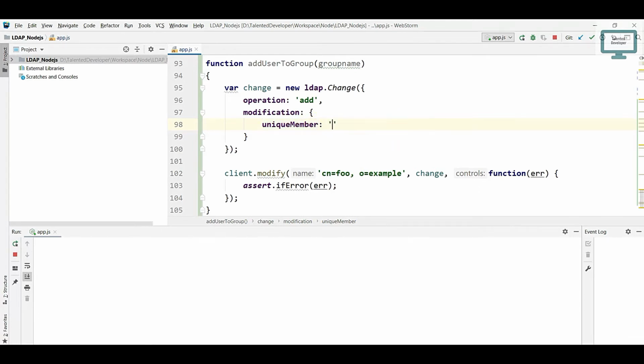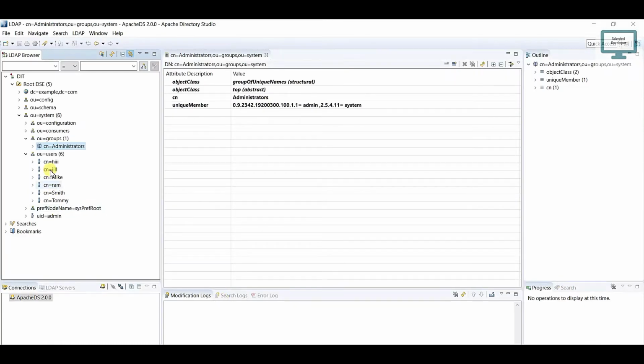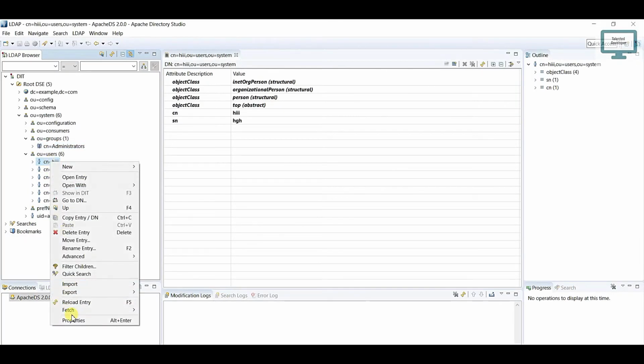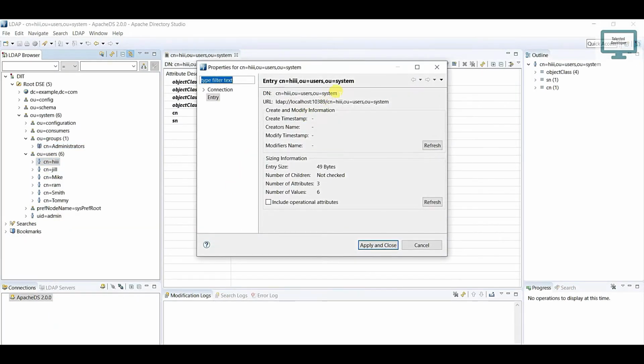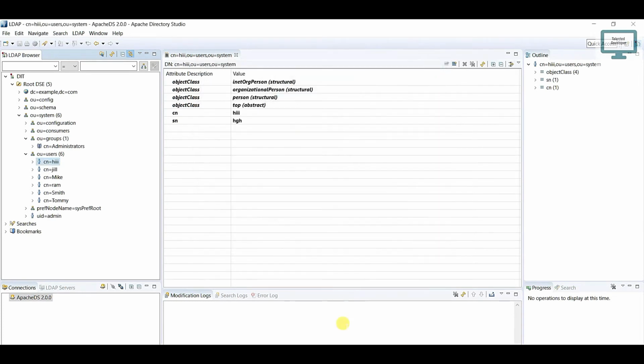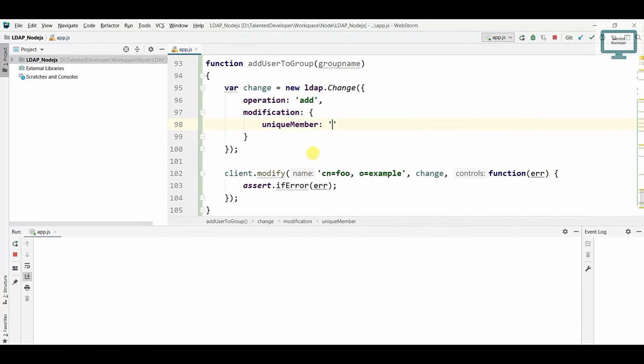Suppose I need to add this user, so just go to the properties, and we need his full DN. So just copy it, come and paste it here. And here we need to pass which group we are going to add that user to, so just come and paste it here.